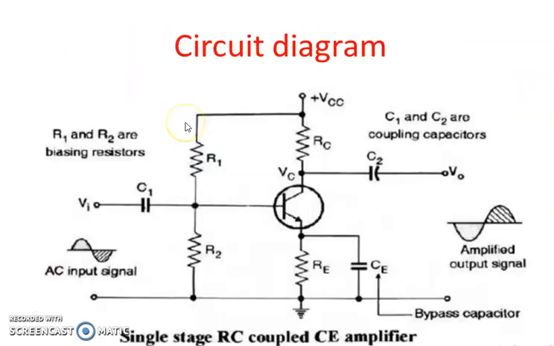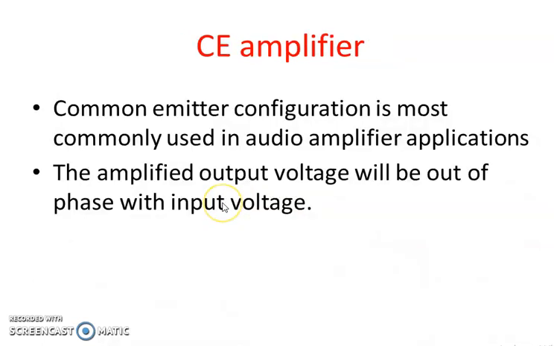The voltage across R2 is the voltage across the base emitter junction. This ensures forward biasing for the circuit. The transistor should be biased in the active region. Active region means the emitter base junction should be forward biased and the collector base junction should be reverse biased. This forward bias is obtained by the voltage drop across R2, that is VCC times R2 divided by R1 plus R2. This ensures forward biasing of the amplifier.